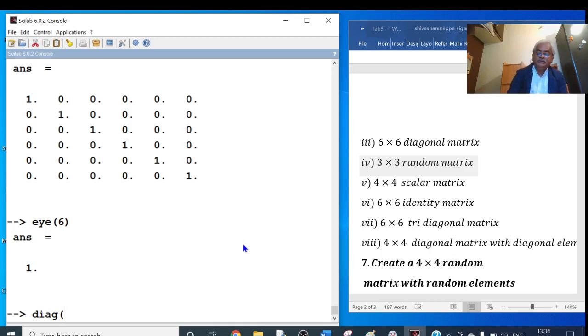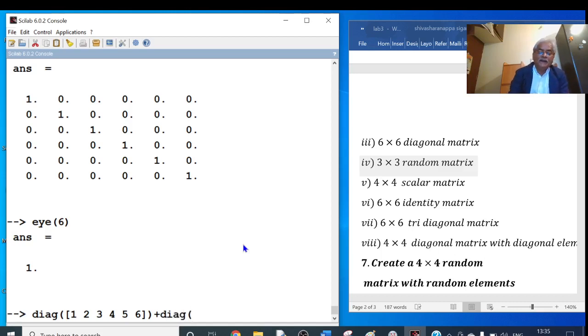Okay. Here I will create one diagonal matrix: 1, 2, 3, 4, 5, 6. Close the bracket. This creates a 6 by 6 matrix where these elements are on the diagonal. Plus, I will create one matrix of order 6 by 6 where one line above the diagonal are non-zeros. That is